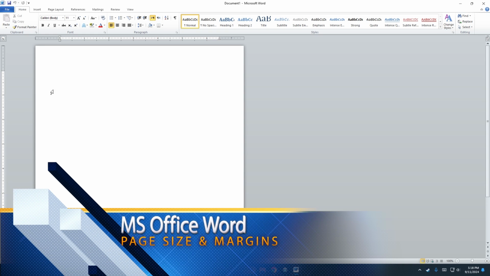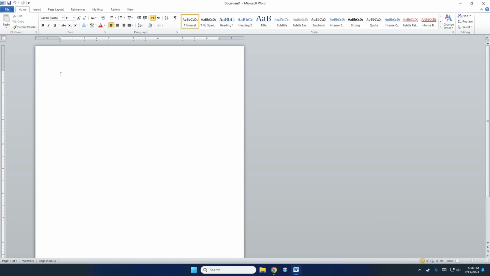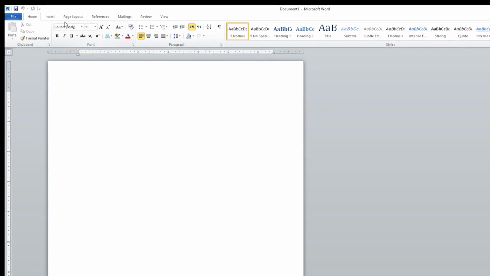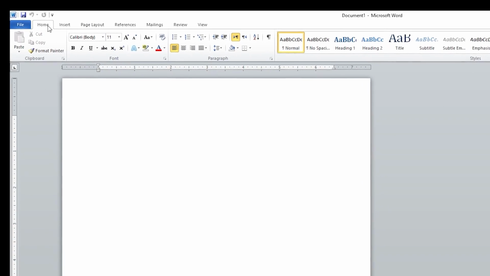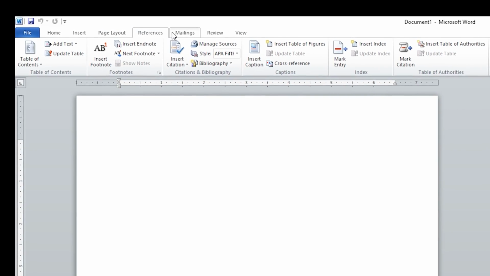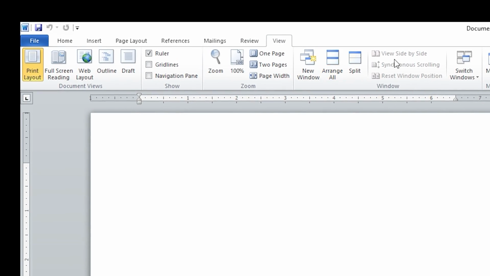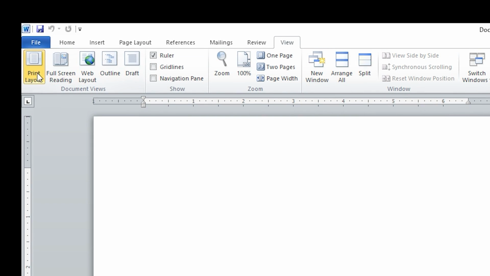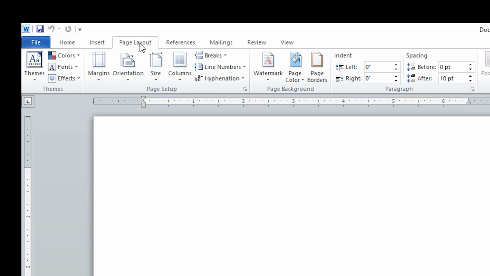Welcome to this tutorial about Microsoft Office Word and how to change the page size and page margins. In any version of Word, you will have a Page Layout tab. These are all the tabs above the ribbon, and the strip below the tabs, which has all the buttons, is called the ribbon. And now for changing the page size, you have to go into the Page Layout tab and